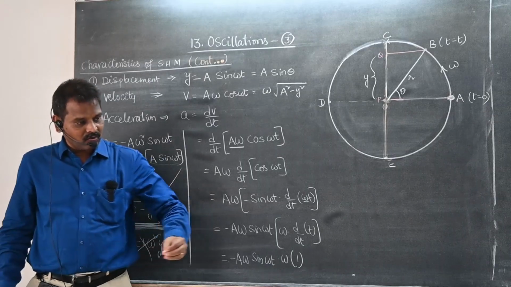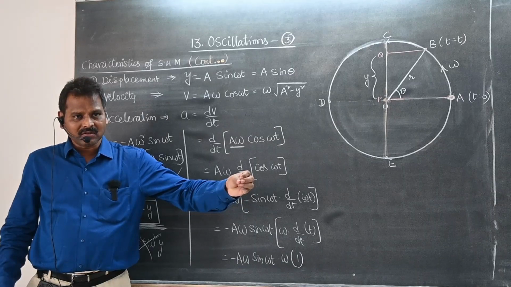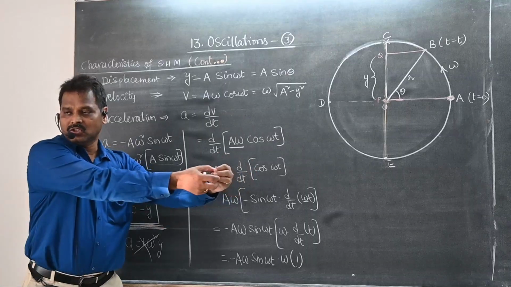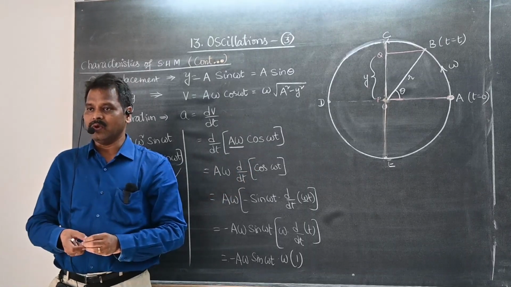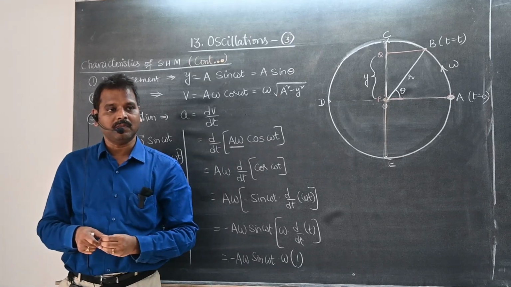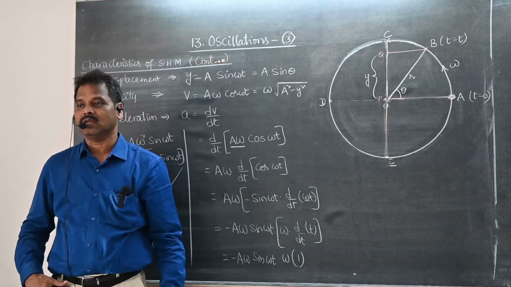If the pendulum is taken to this side, this is displacement. What is the acceleration? Opposite to this, because the restoring force will always try to bring it to the mean position. If I displace this to this side, the restoring force is pulling it backwards. Force backward means acceleration backwards. Acceleration is always acting towards the mean position.